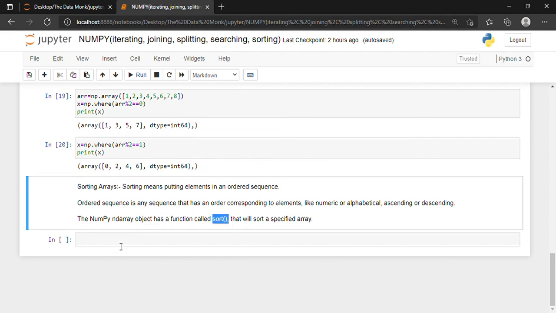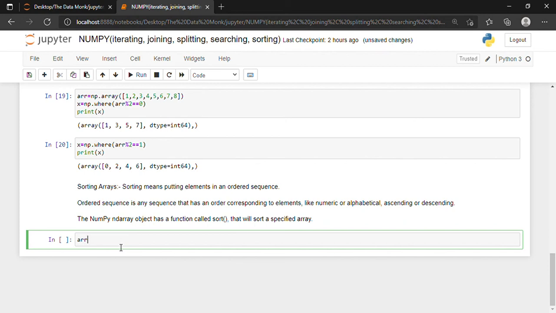So let me first define a simple array. arr is equal to np.array, and I'm taking a single dimensional array, 3 comma 2 comma 10 comma 15. Okay, and I want to sort it in ascending order.